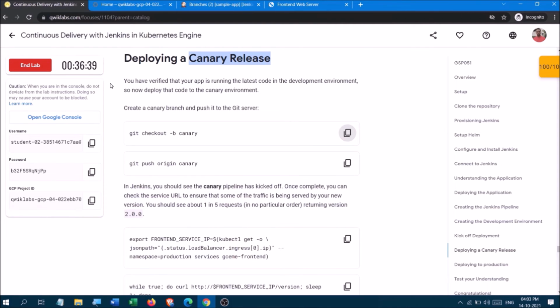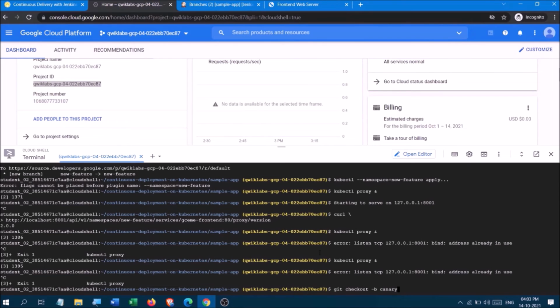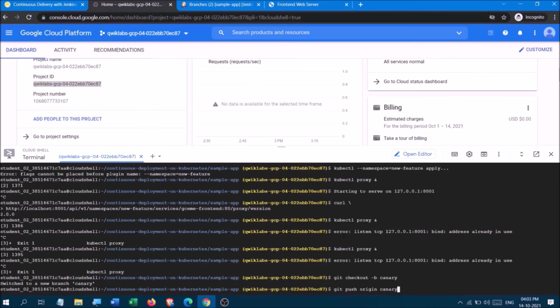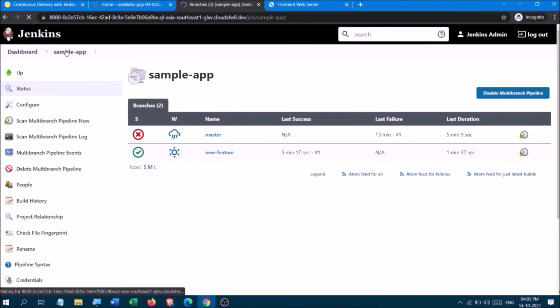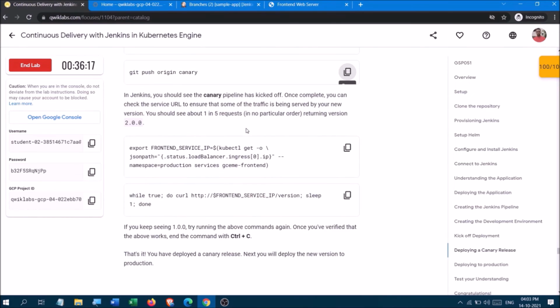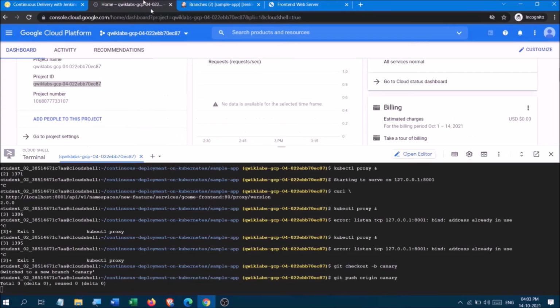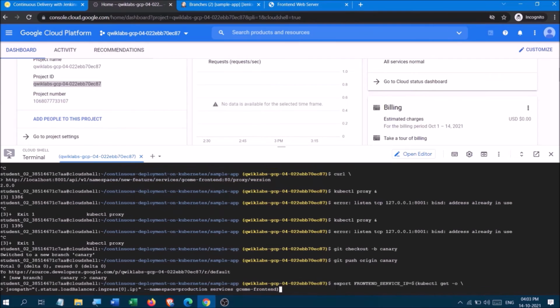Okay, so copying this, deploying a canary variable. So create a new canary branch and then push origin the canary branch. So it has got created. Now we have to check it out once again. Yes, it has got updated.